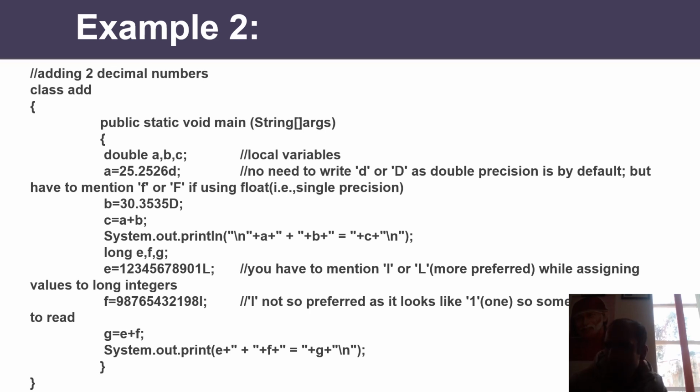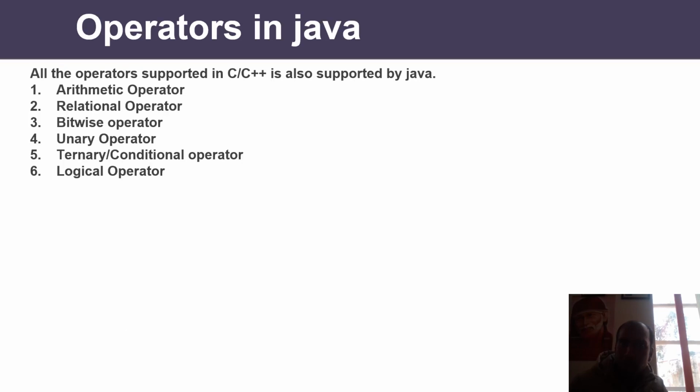The reason behind this is that Java by default uses the double precision value, and writing this D is not required. But if you are going to take a single precision value, then it is mandatory that you append f in front of the value. So you need to always take care while you are using the float data type in Java. These are the two things that you need to take care of while you are using Java.